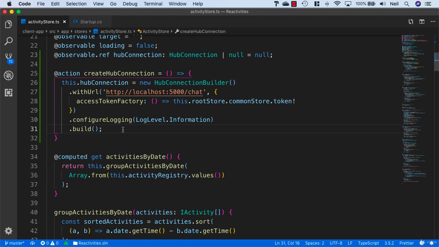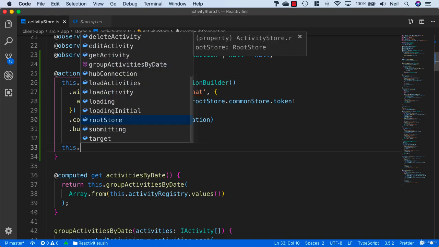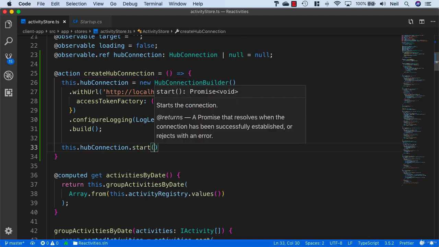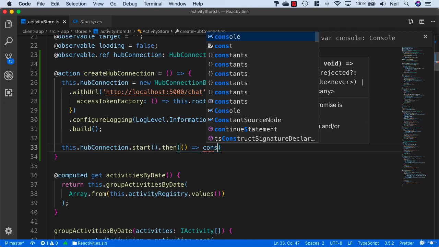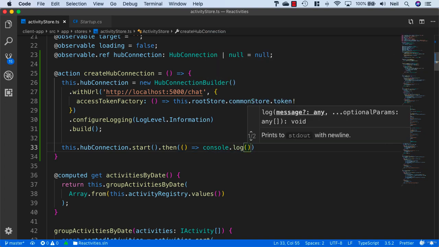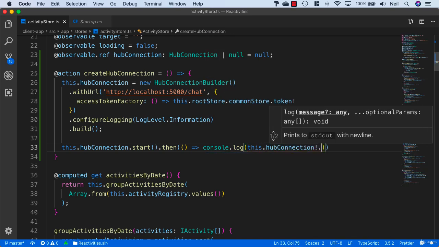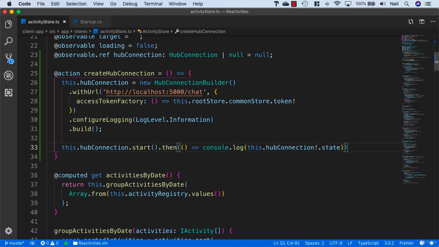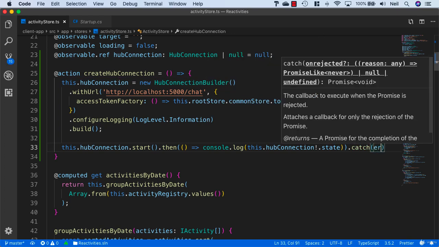Then what we need to do is start our hub connection. So below this one, but still inside our create hub connection action, we'll say this.hubConnection.start, and then we'll use the .then, and in here all we'll do is add a console.log, and we'll pass in this.hubConnection.state, and because this is possibly null, we'll add the exclamation mark as well, to pass in the state of our hub connection. And we'll also catch the error, and if there's an error,